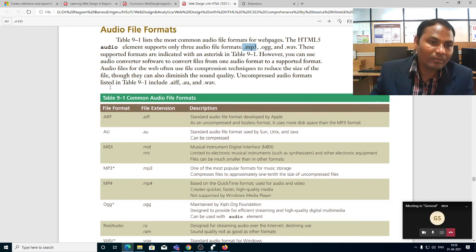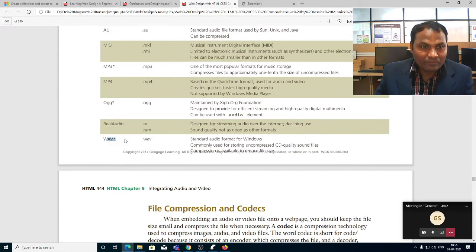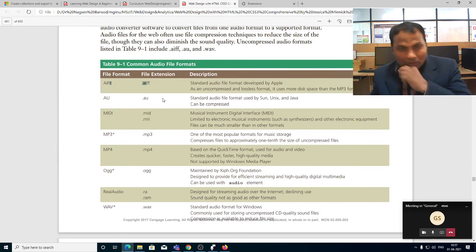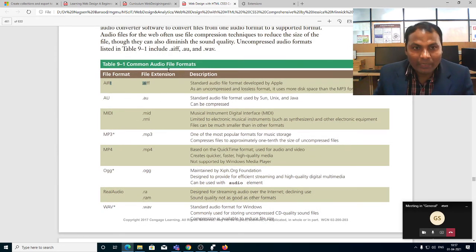Uncompressed audio file formats listed in table 9.1 include .aiff, .au and .wav. These are uncompressed formats, and these are common audio file formats. AIFF, .aiff is the extension, is a standard audio file format developed by Apple.